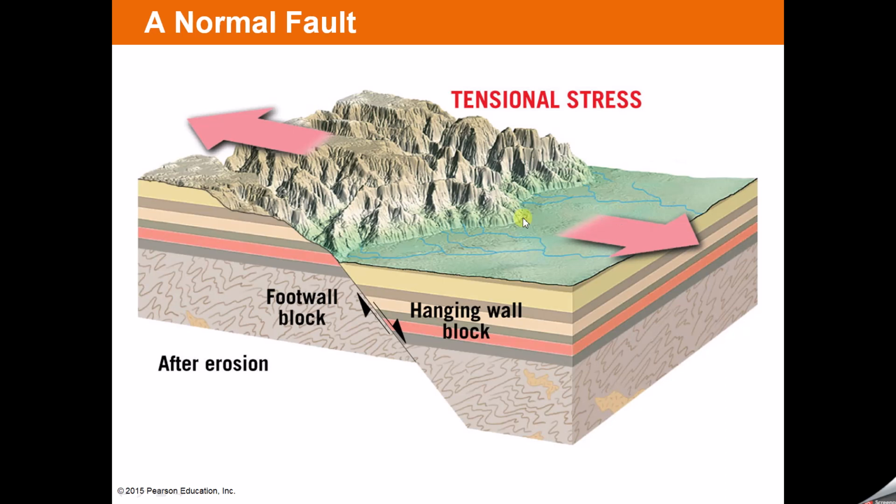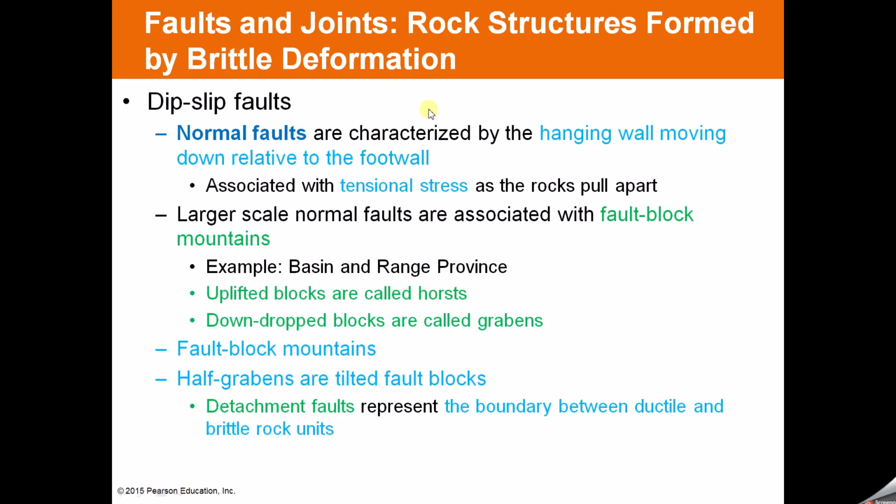Normal faults form due to tension. So these two parts are going away from each other along the fault line. And here we have the hanging wall above the fault line and foot wall below the fault line. And as we see layers, for example, this orange layer, it's the same orange layer here, but along the fault line, this one dropped down. So this is a normal fault. Layers just dropping down. The hanging wall slipping down along the fault. This is a dip slip normal fault. Okay.